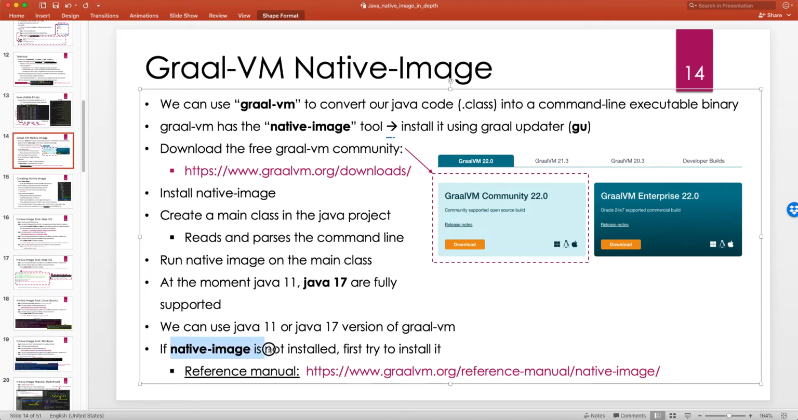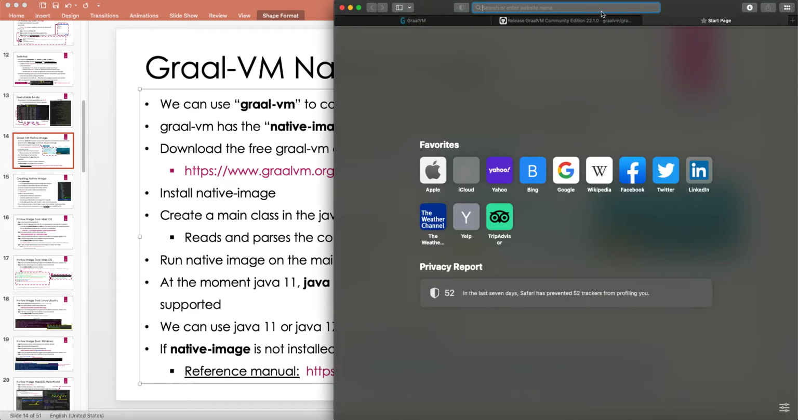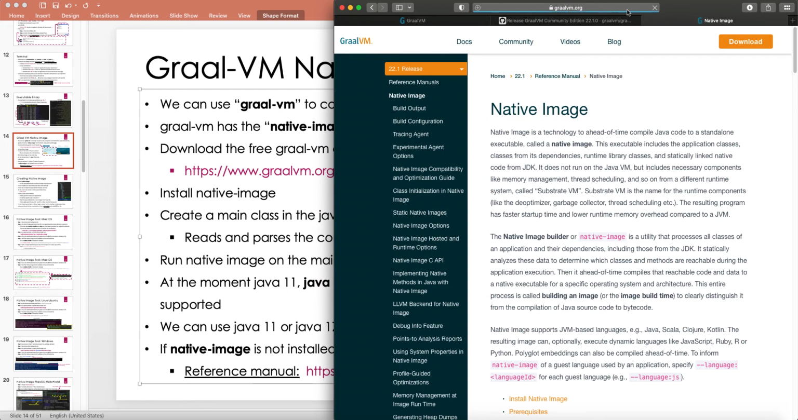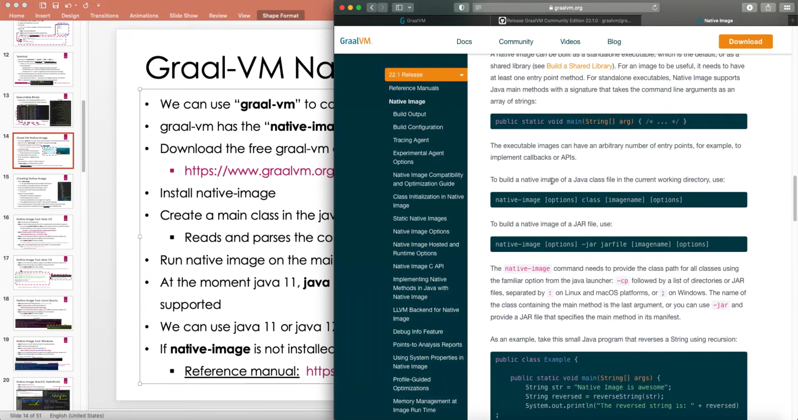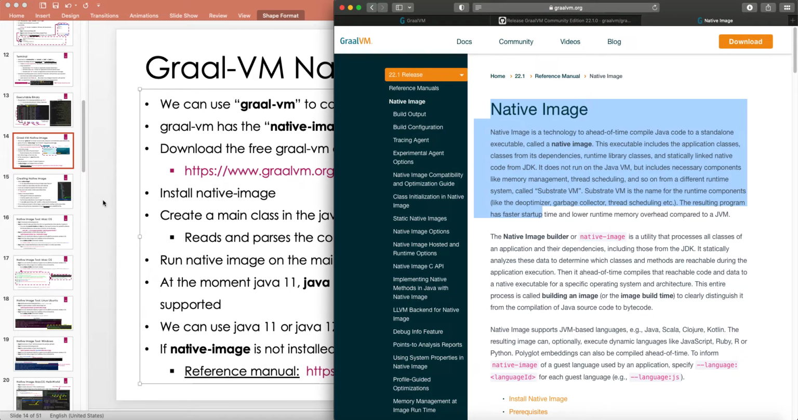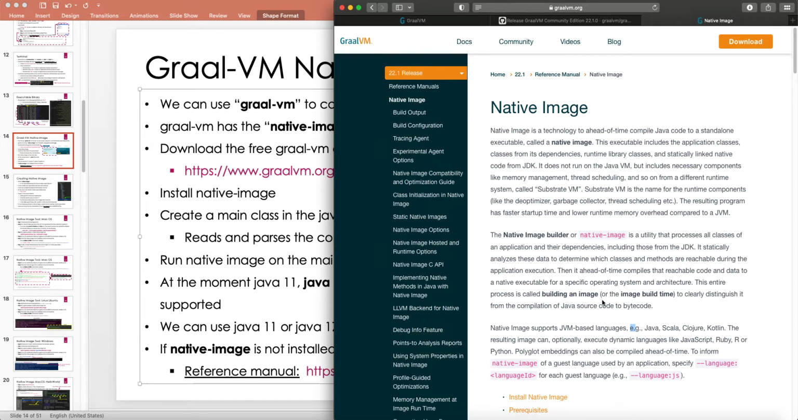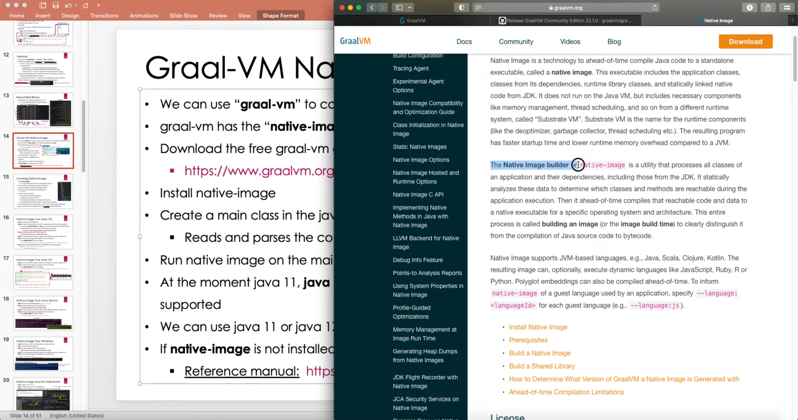If native image is not installed, first try to install it. And the documentation or the reference manual for the native image is here. So native image has very, very nice and detailed documentation. Obviously, in the course of these lectures, I will walk you through all this documentation, point out all the important topics, right? So the native image builder or native image is a utility that processes all classes of an application